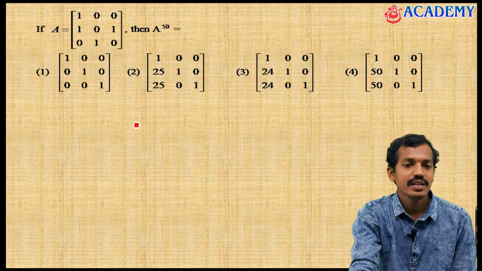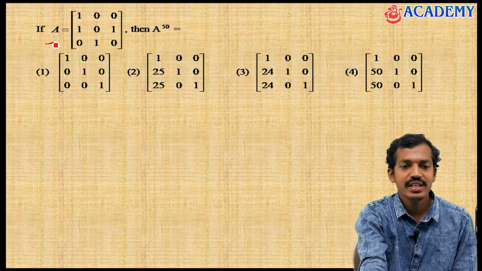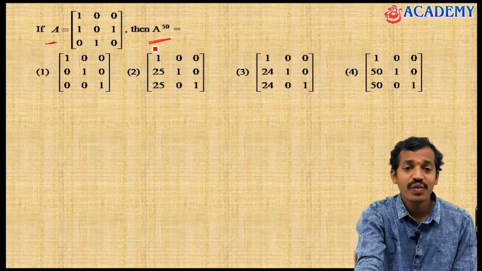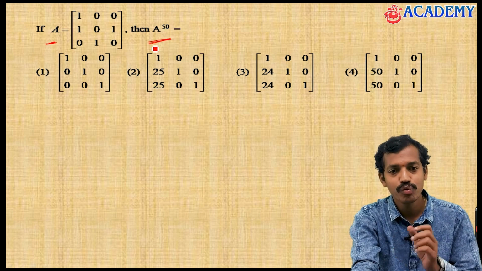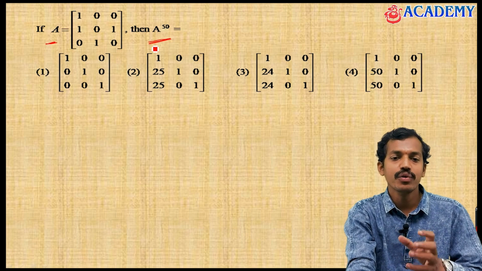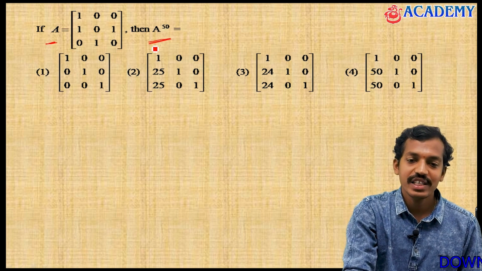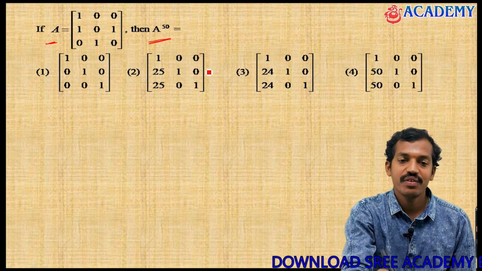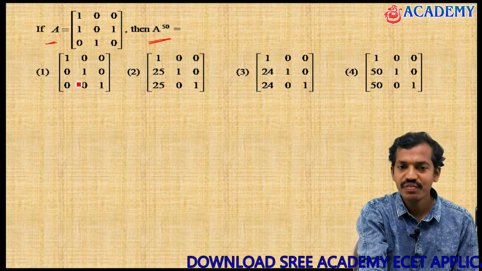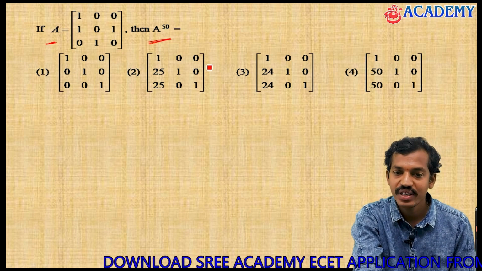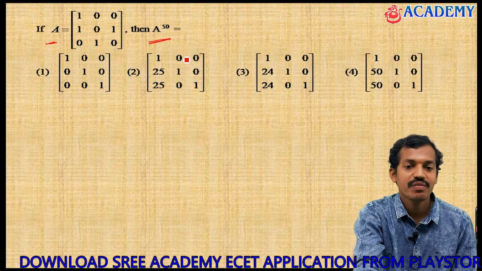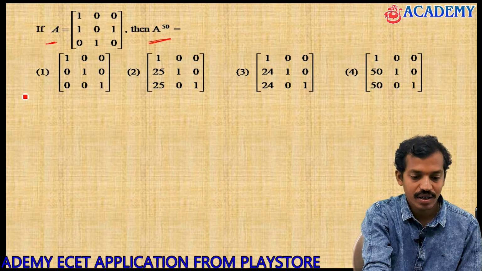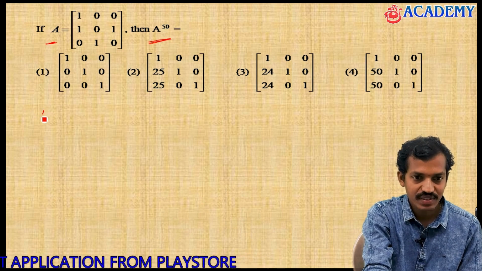Look here, see this question: if A is given and it is asking what A to the power of 50 is, to find A to the power of 50 it will take more time. It will take more time. That's why, simply, it is not going to be any matrix of a standard form, but we need A to the power of 50. So we will find out the pattern corresponding to A to the power of 50. First of all, I am finding here A square, that is, I will write A square first of all.